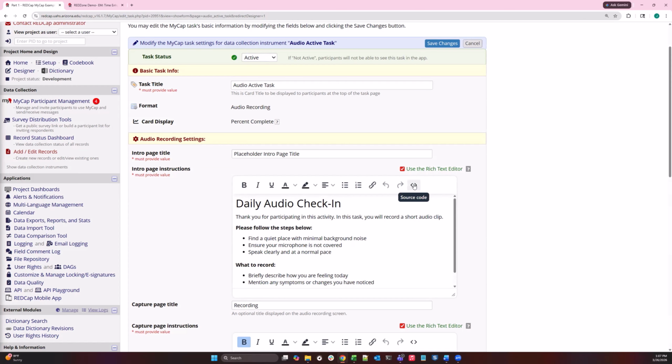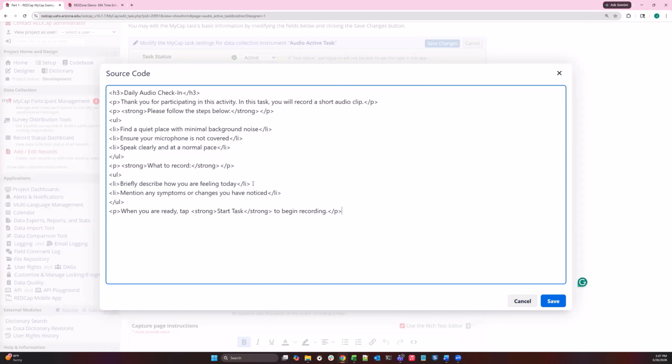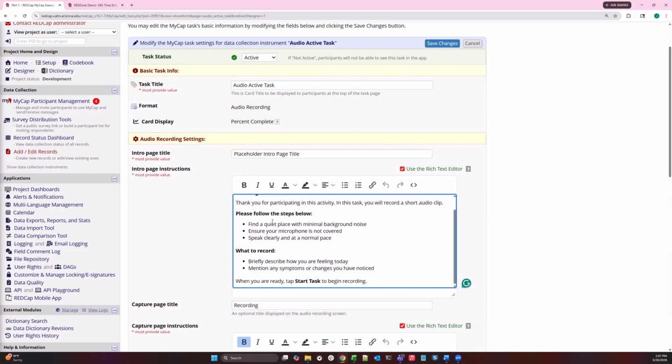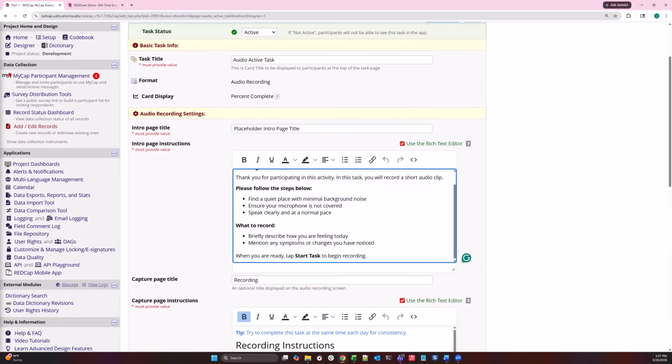If you want to use your source code and any HTML, as you can see, I am using a header 3, hence why the daily audio is a lot larger. The font, you're not able to change, but you can do that through the HTML. But you can pretty much give step-by-step instructions, let them know what to do, if they have to do this